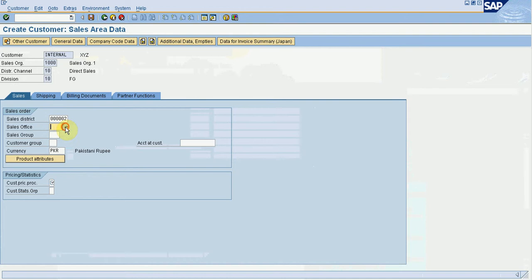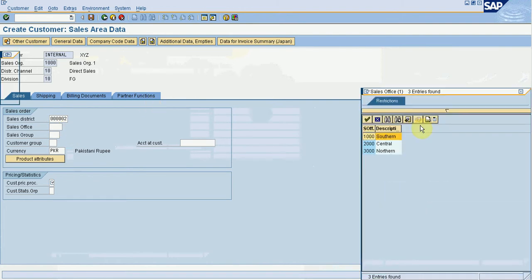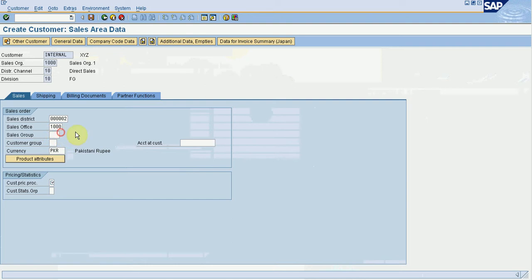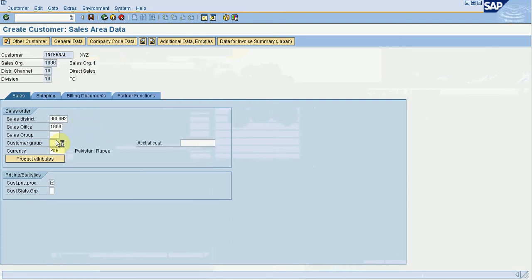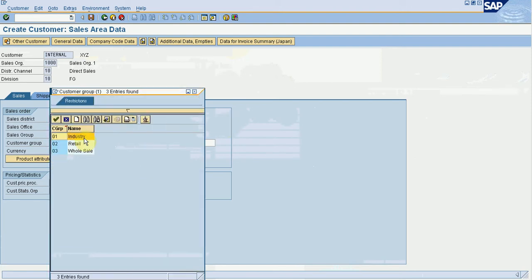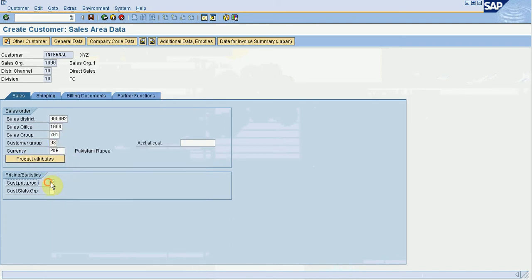Sales office, my geographical sales office through which I am carrying out the sales. Sales group, the people assigned to that particular sales office, and customer group, whether it is industrial sales, retail sales, or wholesale. I'm going to select wholesale here.